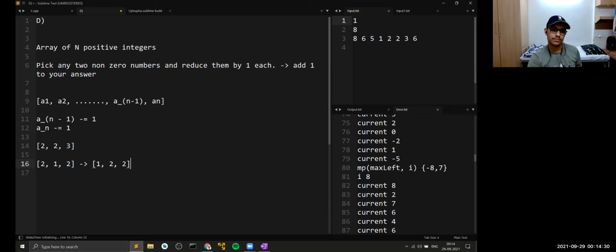It was just intuition. What do you mean by putting back to the multi-set? Okay, putting back into the multi-set means that after I subtracted one from each of these elements, I insert these elements back into the multi-set. For example, my multi-set is something like 2, 2, 3. Now, if I pick up 2 and 3 and make them 1, 2, then when I insert them back into the multi-set, all these elements would remain sorted.